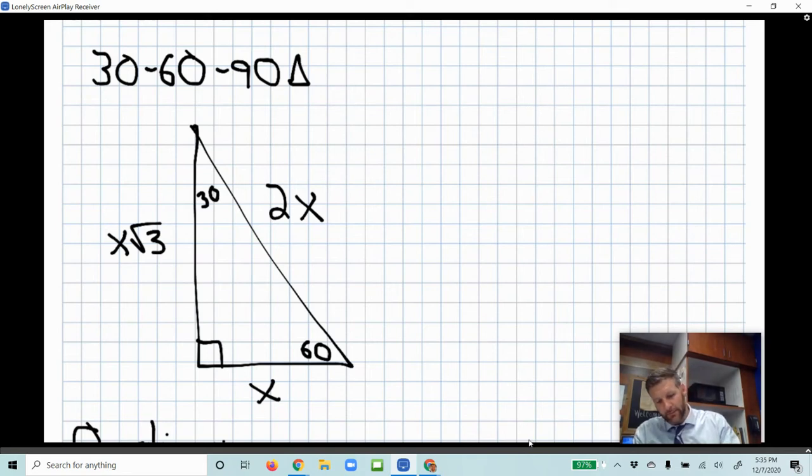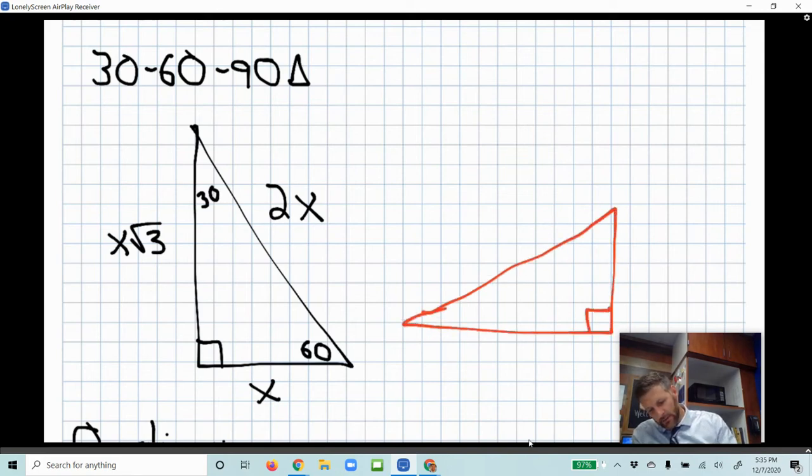As a very basic example, let's draw another one of these. Actually, let me draw it this way, just to show you. Say we put it on its side like this. Again, the narrower angle would have to be your 30 degrees, and your longer angle would have to be your 60 degrees right here. Okay, so if I knew that the short leg was 5, then I would know,